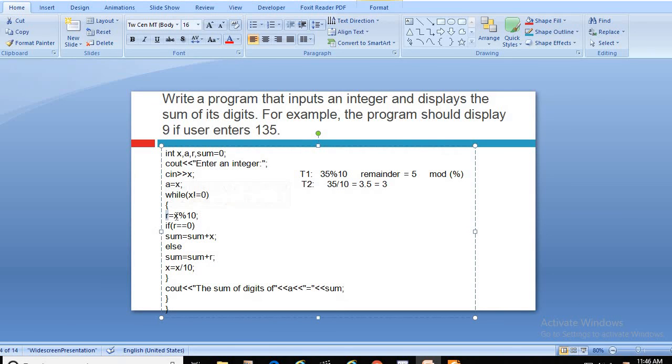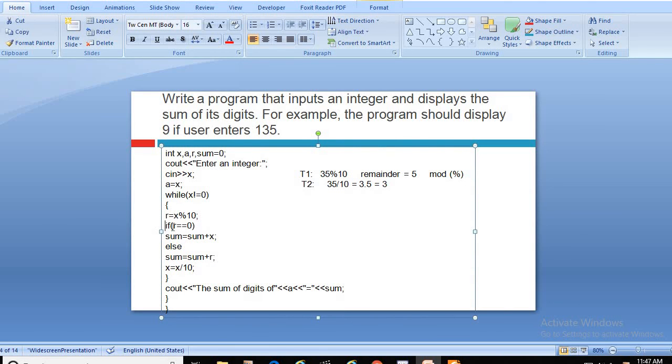In fact, I told you that X mod 10 means 135 mod 10. What will be the result of this one? The result is 5. When you calculate the mod of 135 with 10, its result is 5. Now the value of R becomes 5.